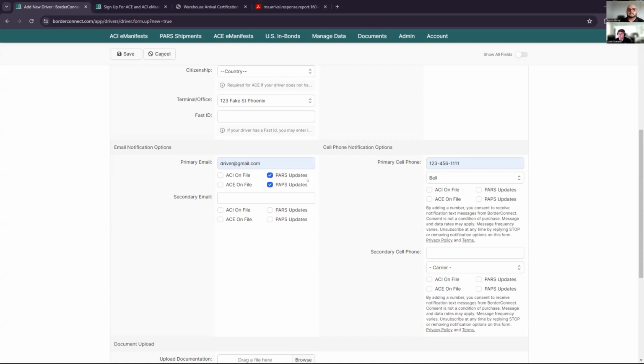So now instead of going to the website and checking whether all my shipments are good, the driver just says, oh, look, my phone told me I'm good to cross the border. Time to go to the border and go. Rock and roll. Exactly. Nice. Great. Thanks, Justin. That was great. Yeah, so it's super easy and essentially hands off,